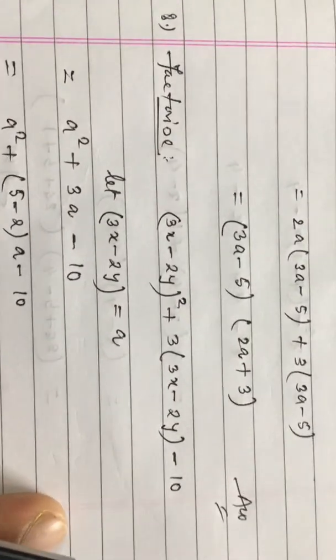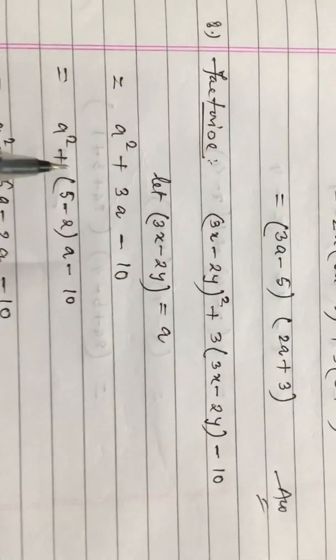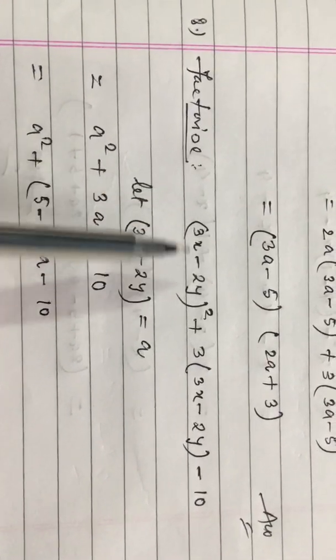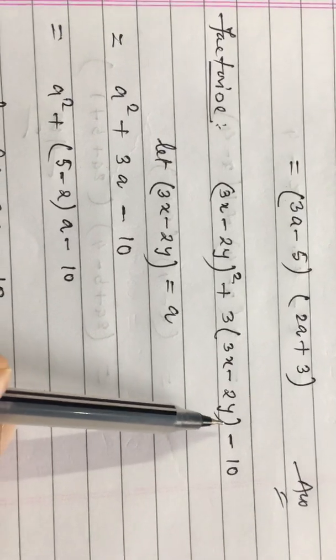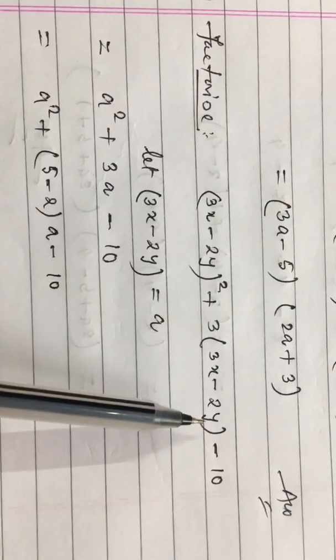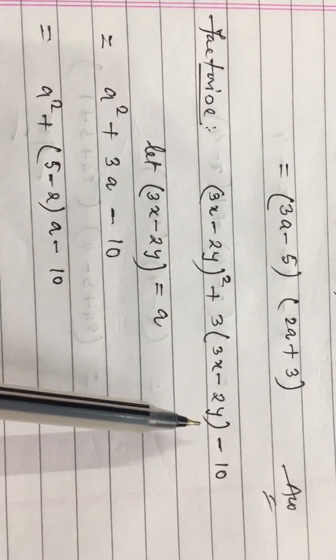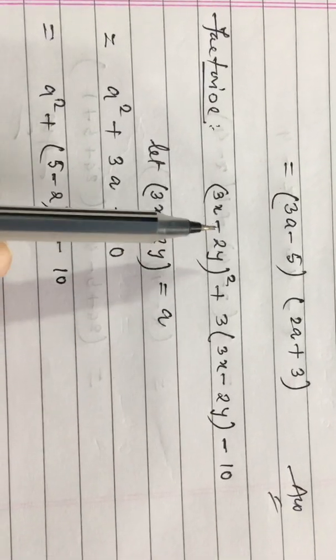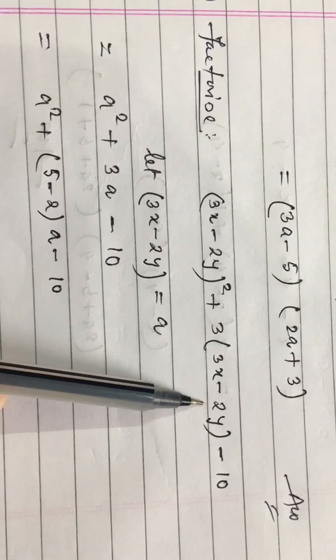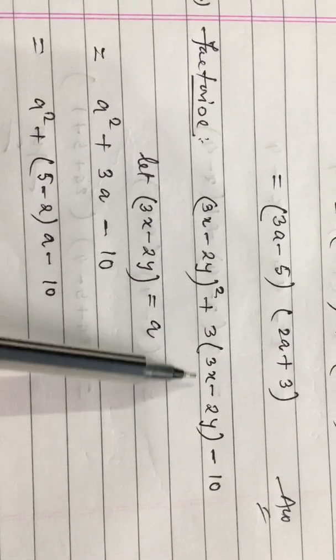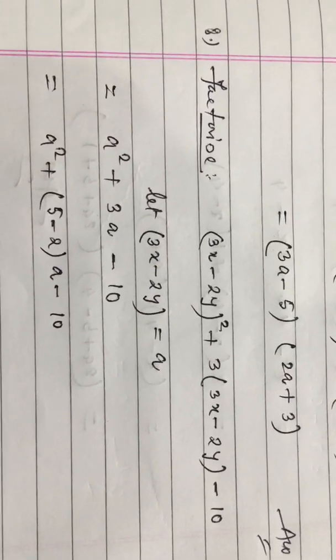Now see one more problem. This factorization is a little bit lengthy, but it is not difficult. In this type of question, we have to apply the substitution method. In this type of question, you can see the bracket terms are the same. So try to suppose a variable for this bracket term.